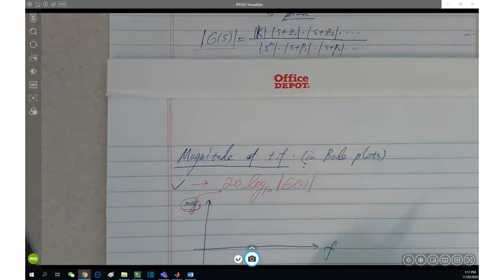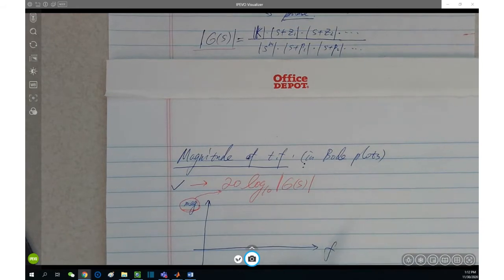Basically, 20 log is equal to 20 log 10 of k. Sorry, it is basically equal to 20 log 10 of k times